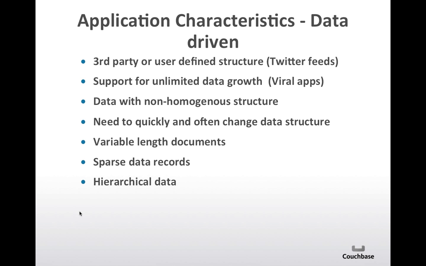I invite you to look, for example, at the Twitter API to see how big a message in Twitter is. It's 140 characters in the message, but the Twitter API has probably 140 attributes inside the JSON document that it sends you back. So if you want to store that, it's good to be flexible. It's good to be able to store any type of data. And if they change their API, you can do it without impacting your application.